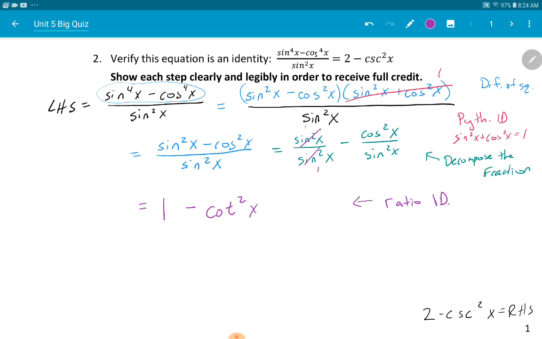Okay, and then I think I'm getting pretty close. Remember, my goal is to get to this guy down here, and there's a 2 in there, and a cosecant. So I'm thinking, how can I relate cotangent to cosecant? And how am I going to get that extra 1 in there? And I think, okay, wait, I do have another Pythagorean identity,